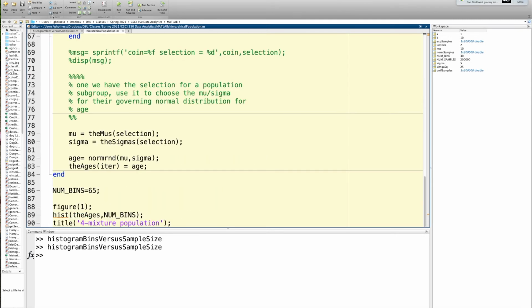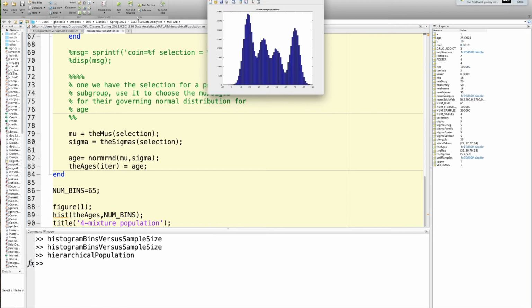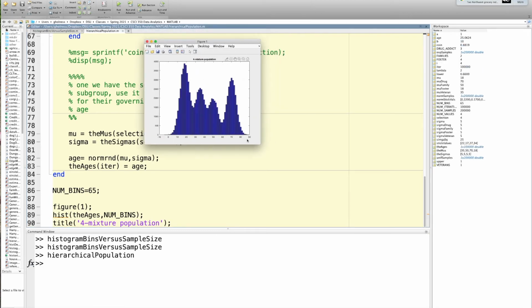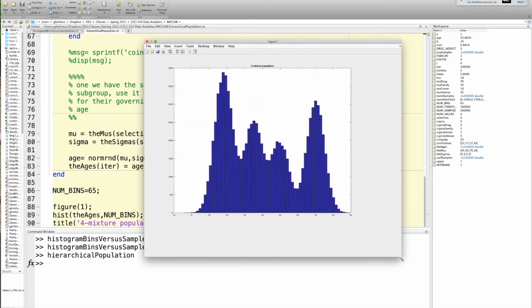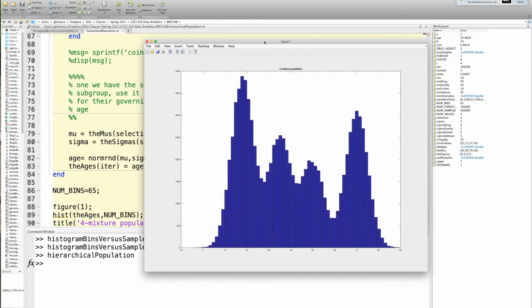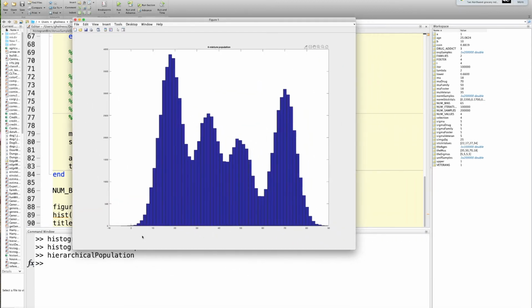Okay, so let's save this and take a look at it and see what we get. It's going to take a little bit because it's a lot of samples, and we're doing stick breaking 100,000 times. And this is what we end up with. This is a mixture distribution. And when we take the histogram of this mixture distribution, you can actually make out the envelopes of the 4 different